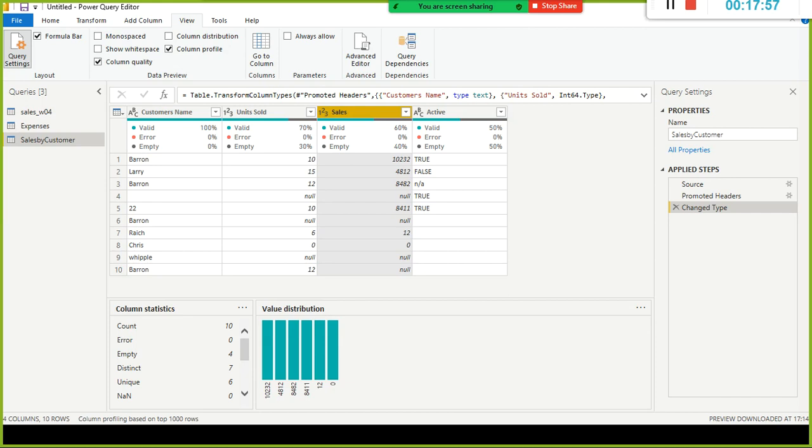Okay, if you look here, this is appearing only one time: 4812, 1, 2, 3, 4, 5, 6. But here it says 7. See, 1, 2, 3, excluding the blank value, 3, 4, 5, 6.